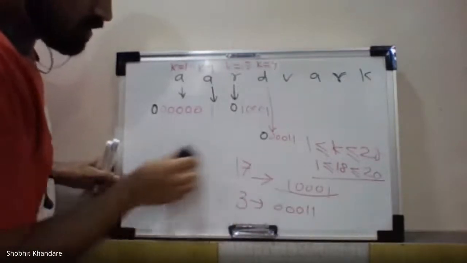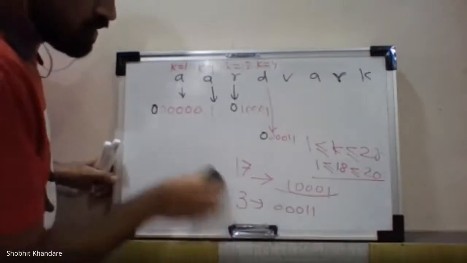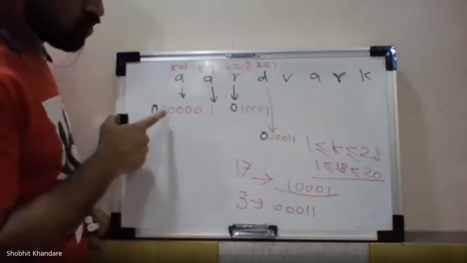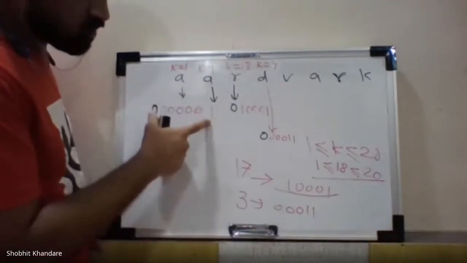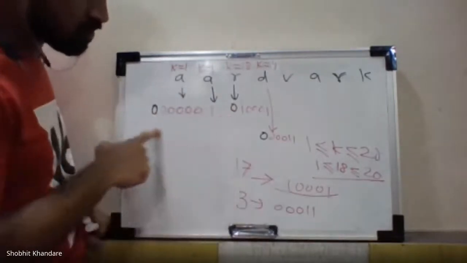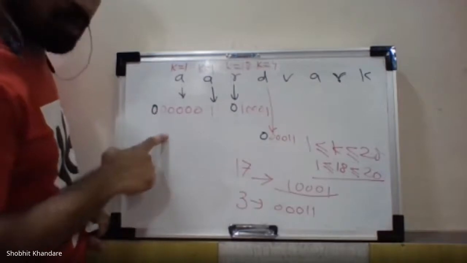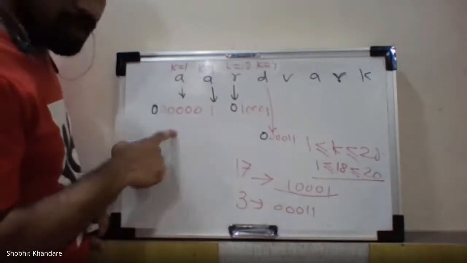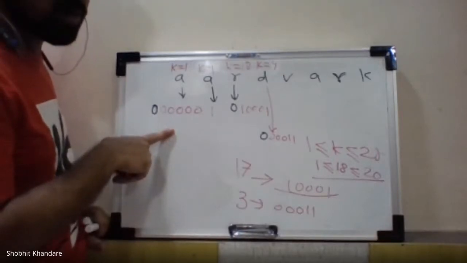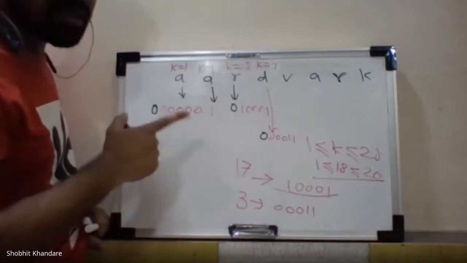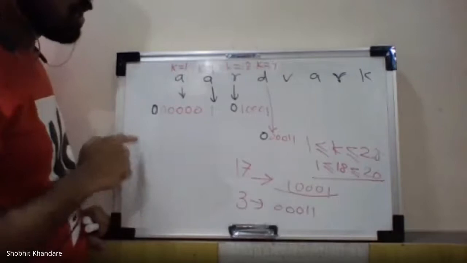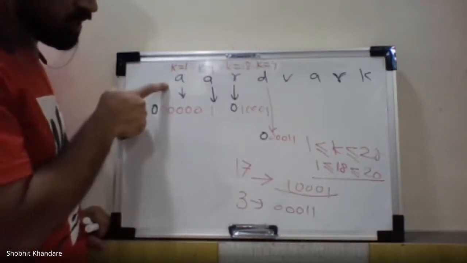But we have to understand this from when we were initially updating the tree. Now pay attention. Yesterday I told you 0 0 0 0, then for A it is 1, then for R it is 0 1. Whatever I have written in black color, that is the NYT code. Now again we are going to start and do the modifications, depending upon the tree which we have already developed while updating the tree.